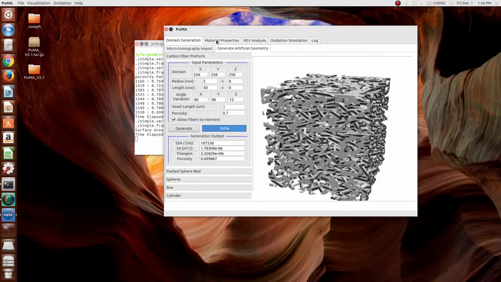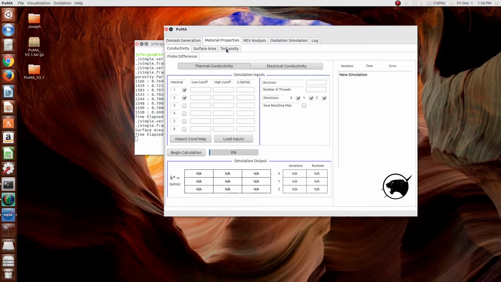The next step is to go to Material Properties, Conductivity, Finite Difference, and then select Electrical Conductivity. We define the two material phases. Since this is an artificial material, the cutoff value is 128, which means that the void phase is defined as between 0 and 127. And we'll assign an arbitrary value for the local electrical conductivity. The solid is then defined as 128 to 255, and we'll define the value of 10 for the electrical conductivity